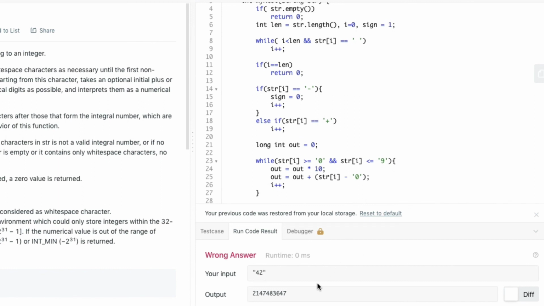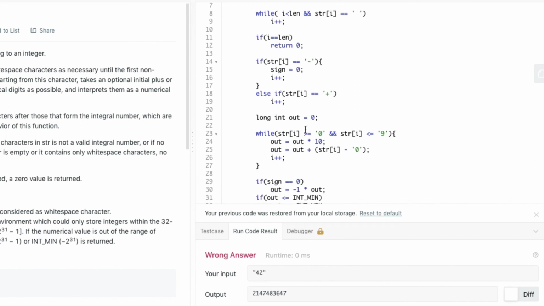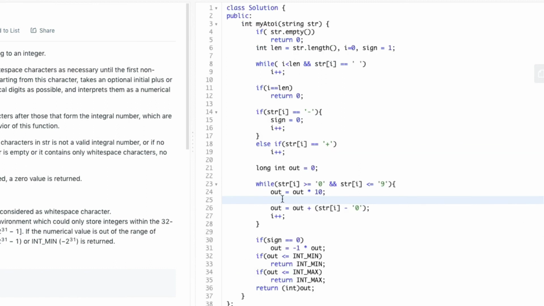Here we got wrong answer because we failed to check a case where the value of out exceeds the 32-bit signed integer range. So we can insert an if statement in the while loop where we check whether out is within the range of 32-bit signed integer value.